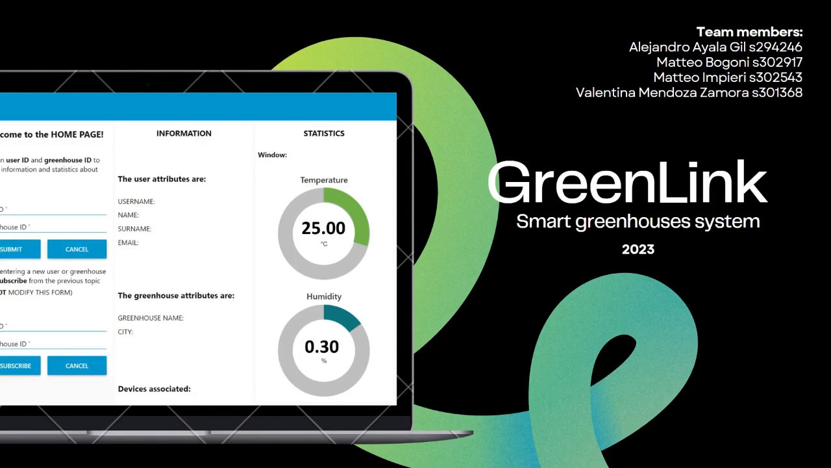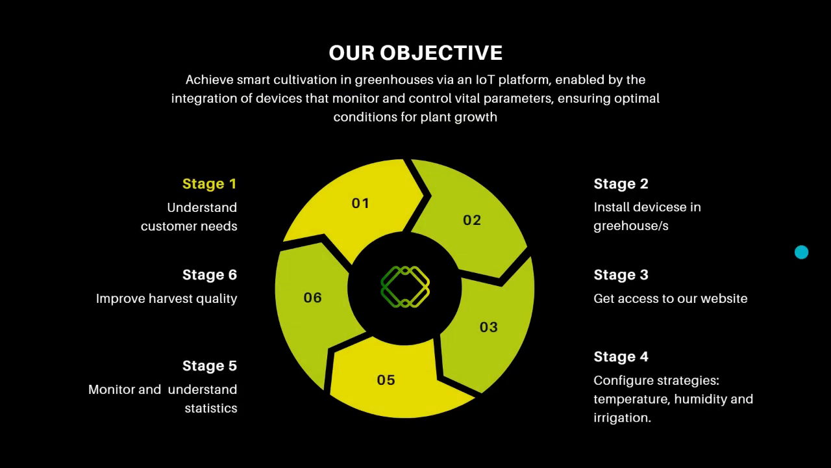Welcome everybody. We are GreenLink, a smart greenhouses system, and our team is composed of Matteo Bogoni, Matteo Impieri, Valentina Zamora, and Alejandro Ayala. We offer to our users services of installation, control, and monitoring of IoT devices inside their